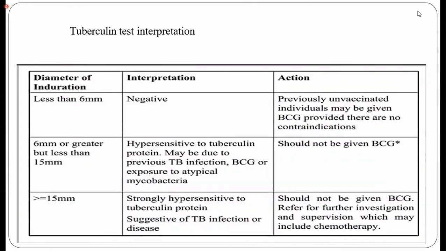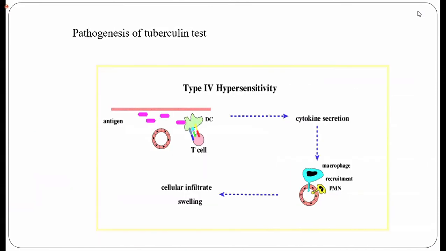the tuberculin test? This is how to interpret it: if the diameter of induration is less than 5 or 6 millimeters, greater but less than 15, and more than 15. This is how we interpret it and what action you should take when you interpret the induration. I'm sure you discussed that in the PBL cases. As I said, it's related to type 4